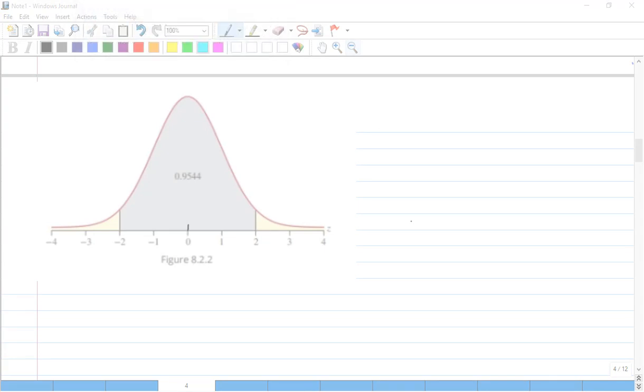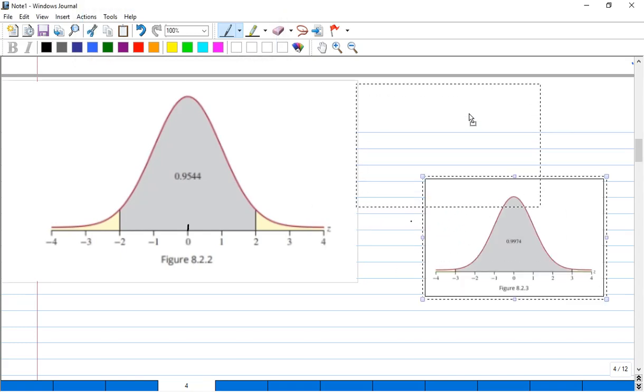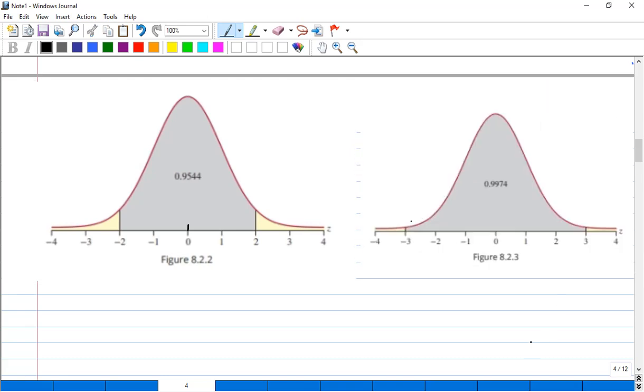So here's what the 3 standard deviations would look like. You see 0.9974. Now you do have some area still out here and over here, and everything here is very